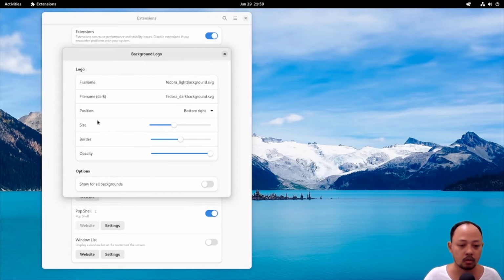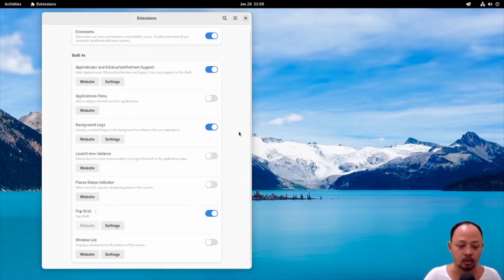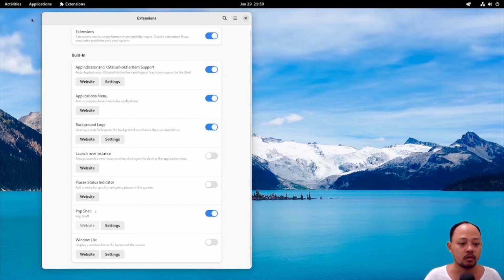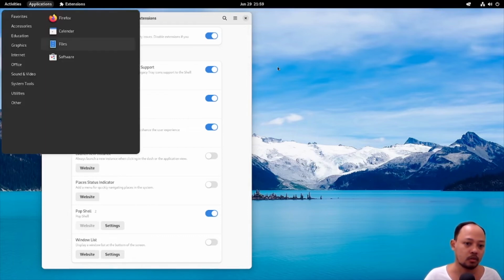Maybe I don't have any logo in here, so the logo doesn't appear. You can try it by yourself. Applications menu. So at the top left of the screen, this applications button will appear,